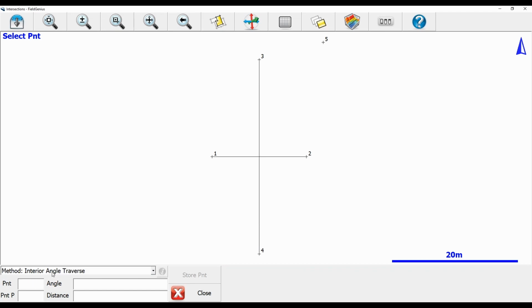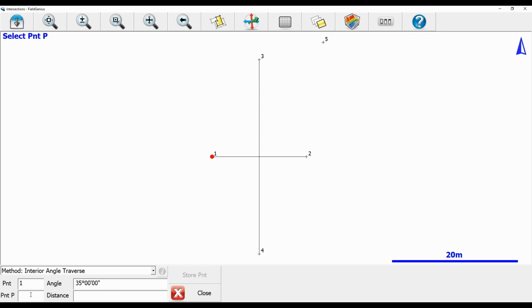In this case, I'm going to use point number 1 as my initial starting point, and I'm going to say I want an angle of 35 degrees from my reference of 0 degrees, which I'm going to set in a second here. So I'm going to go 35 degrees. And then my point P here is going to be my reference point that is going to set my 0 degree reference. So instead of using 0 degrees north as my reference, I'm going to use this intersection between